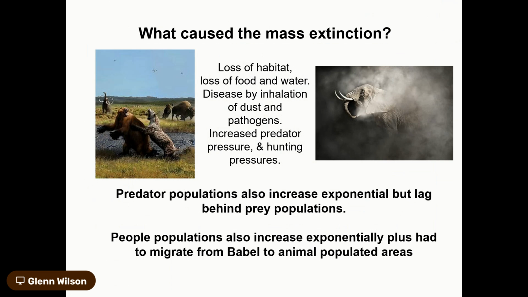and you've got people dispersing, moving up into the Siberia area where all of the mammoths are, going across to America. So you're also going to have hunting pressures. So you've got to add those into your equation: hunting pressure, disease pressures, and just loss of habitat. So the people populations, which were probably, as John's showing, increasing exponentially, migrate into these areas where you've got these high animal populations, and all these factors, I think, are what's going to go into causing you to lose the